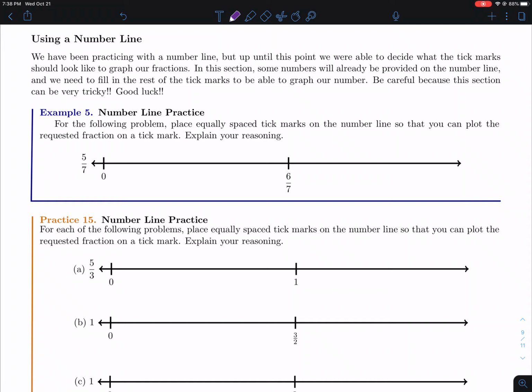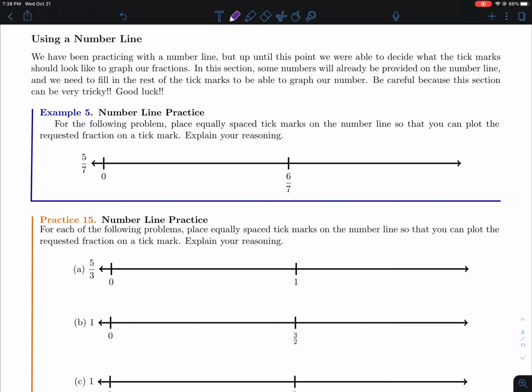All right, is everybody doing okay? Everybody was able to convert from mixed to improper and improper to mixed, hopefully. And if you didn't, hopefully you messaged me so that we can work out any kinks you might be having. So in this section, this is probably one of the trickier sections that we're going to talk about